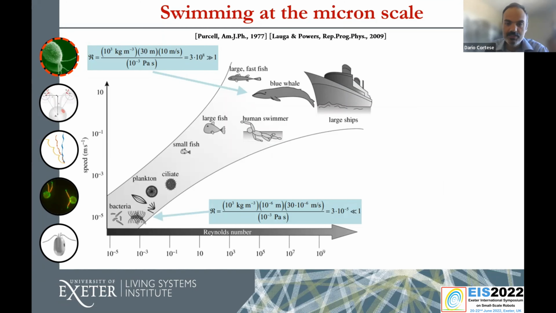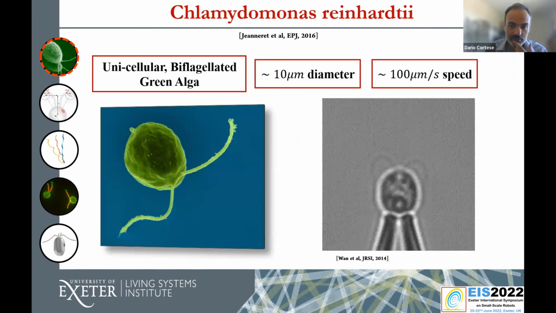scale, and this difference is codified in the dimensionless Reynolds number, which is a measure of the ratio between inertial and viscous forces. The Reynolds number of swimming microorganisms is typically very small due to their speeds and dimensions. And so in such viscosity-dominated conditions, in order to swim, it is necessary to break both a spatial and a temporal symmetry. And one of the most common universally used strategies is the one adopted among many by the model